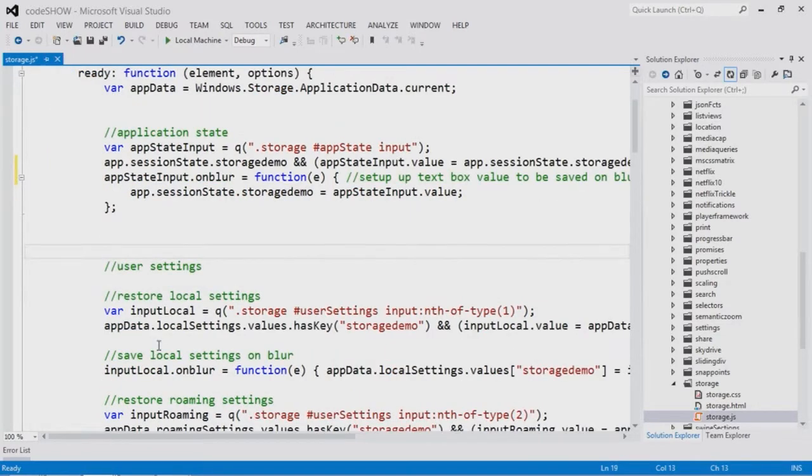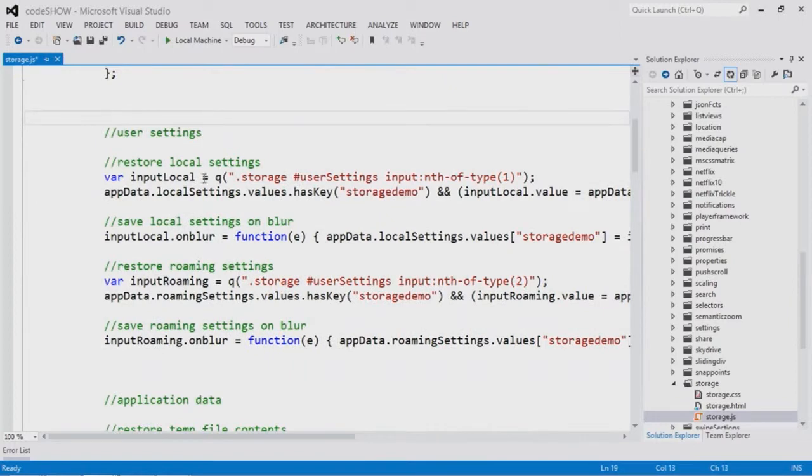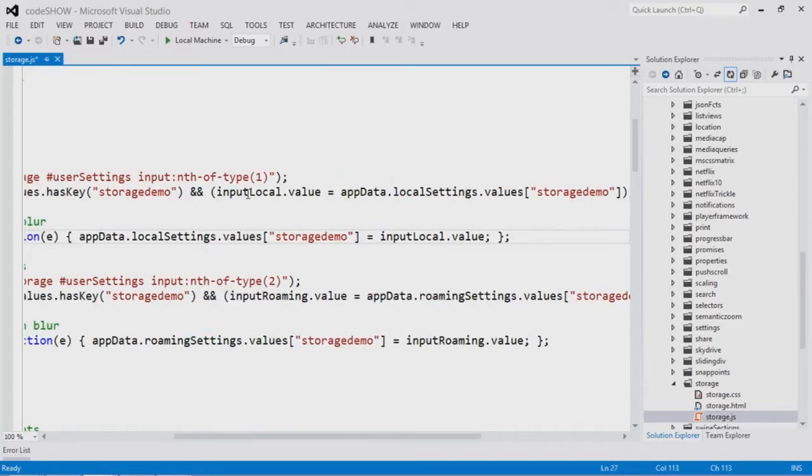So the next section was about user settings, and user settings, remember, are available locally or roaming. In this case, we want to first restore local settings when we open the demo, and then save them whenever the user blurs that particular screen. So in the on blur, we have a function, and in that function, we basically just go get the input